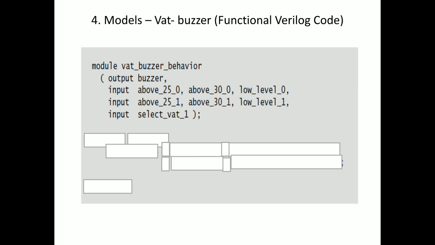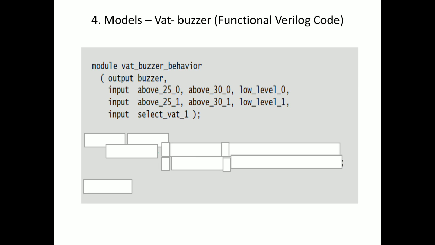But this is not structural programming. This is behavioral style of Verilog code, means expressing the function. We don't need to mention all the gate level, all the gates, inverter, OR gate, multiplexer. We don't need to mention the gate names. We don't need to use the library cells. We don't need to go for gate instantiation or module instantiation. We can directly use the operators, means we can express the boolean function. In functional way, you can express the boolean function directly.